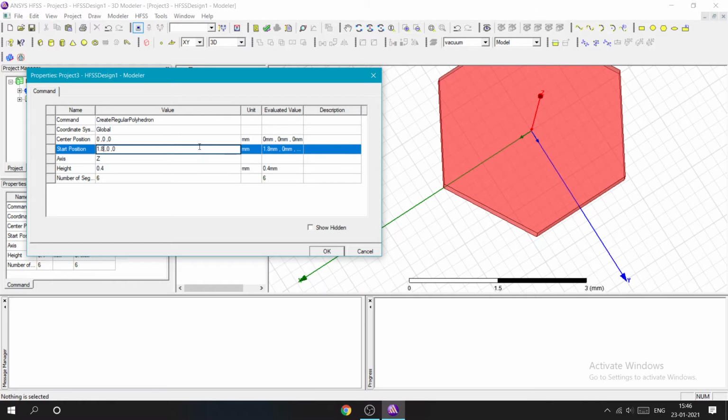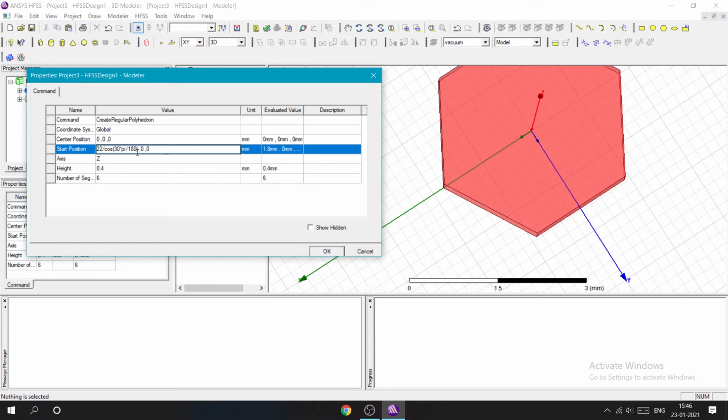Suppose you have an equation where the distance is calculated, for example 22 by cos 30. Here it by default takes radians. If you know the exact value, you can directly write it. If you don't know the exact value, you can enter the equation over here directly. 22 by cos 30, we need 30 degrees actually, so I will convert it into 30 pi by 180.